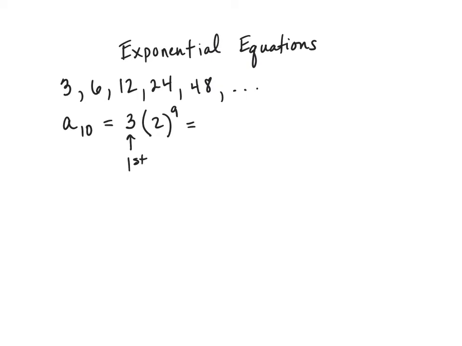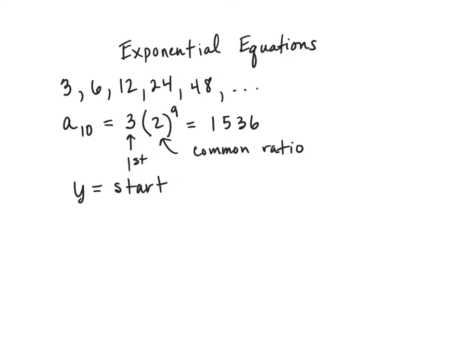3 times 2 to the power of 9 ends up being 1,536. So this idea here can be generalized into an exponential equation. Y is the 1536, that's the number we ended up with, and 3 was the start, that was what we were multiplying by. This 2, remember it was called the common ratio,